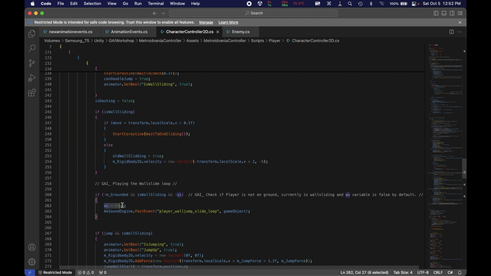And when this becomes true, then this condition is no longer applicable. The if condition won't check for this again, because the value for ws has now become true. So this block of code won't be executed again. It will only execute once. That's just a trick I figured out to tackle this problem, but this is very specific to